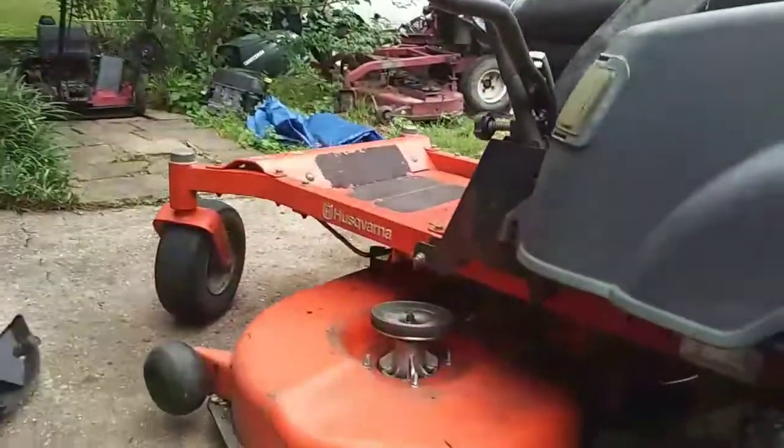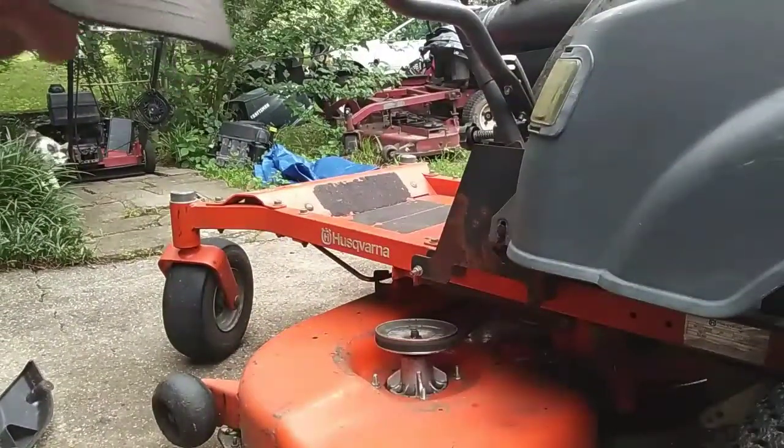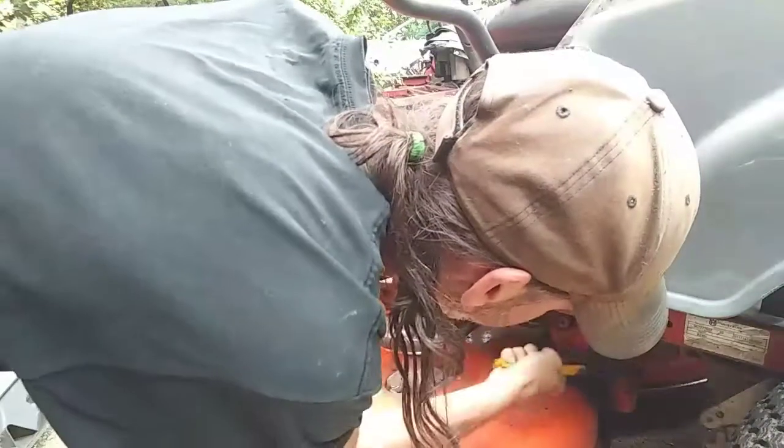There's going to be some clips. One right there. I'm going to take this hanger bar off on both sides, and this thing should just drop down. So let's see how big of a pain in the butt this one's going to be. I don't know if it's as easy as the Craftsman's or not, but